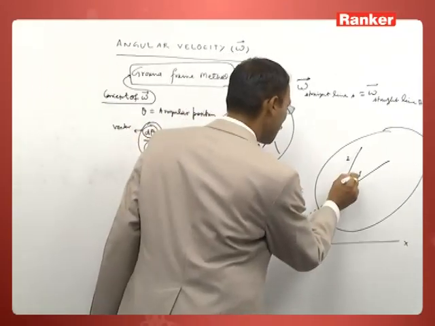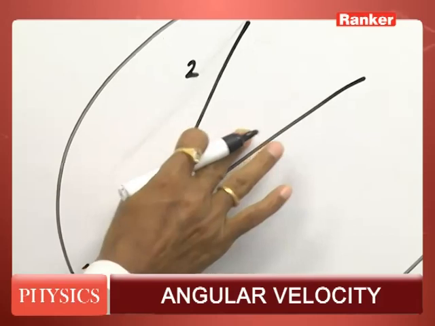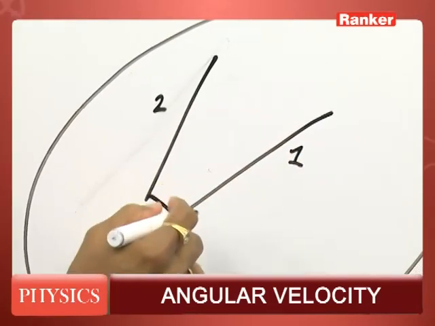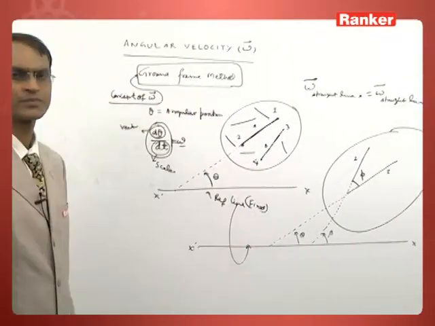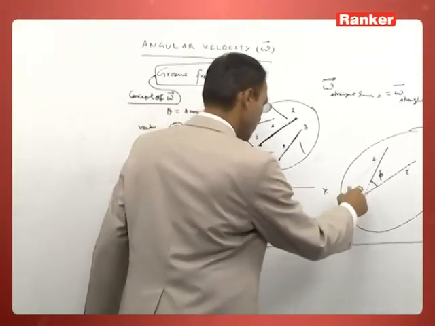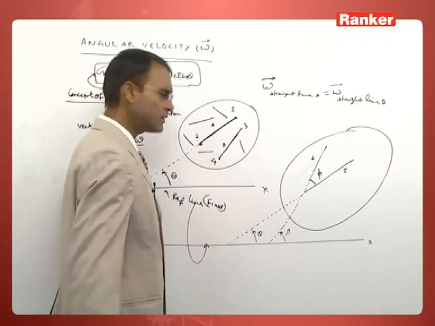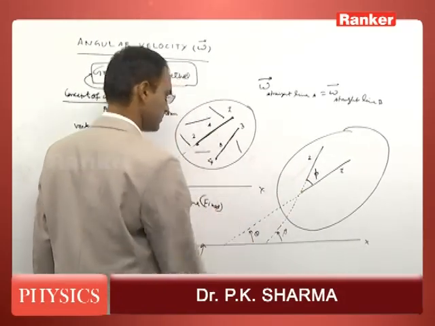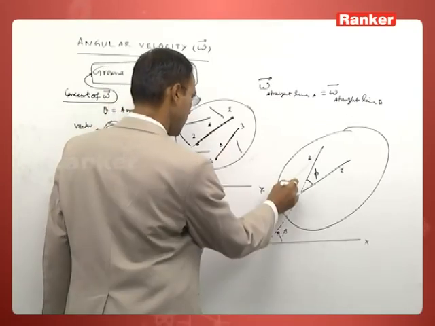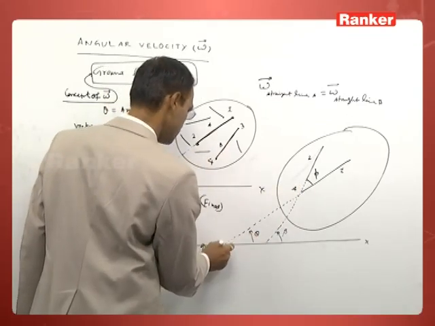The angle between these two straight lines, 1 and 2, let it be phi. In 10th standard geometry, you studied that in this triangle, say A, B and C,